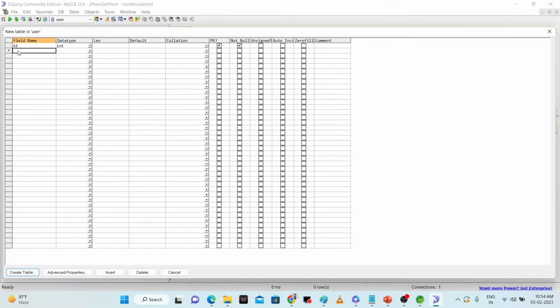Then the name of the user. This is a string type, like varchar in MySQL, whereas in Oracle it is varchar2. Int is replaced with number in Oracle. The length I'm giving is 13, and then the username, user underscore name, and since it is also a string, I am choosing varchar. I can keep it 13, and then password